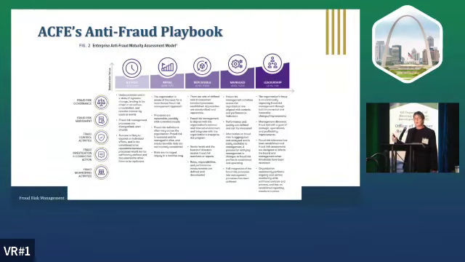ACFE's Anti-Fraud Playbook actually takes it a step back and even bigger. And it says you as an organization should look at your fraud process and see where you are. Are you ad hoc, which is level 1, which means you don't do anything really well. You're reactionary. If a fraud happens, you're behind the curve. And it walks you all the way up to level 5 of you are a high-performing agency. You not only plan for fraud, if fraud is detected, you're there and on it, you take action. I would hope most of you can get to 3 or 4.